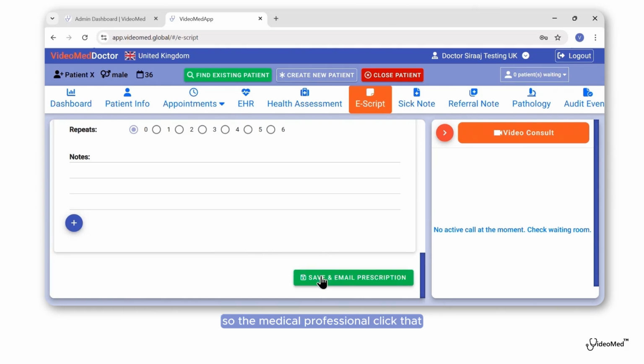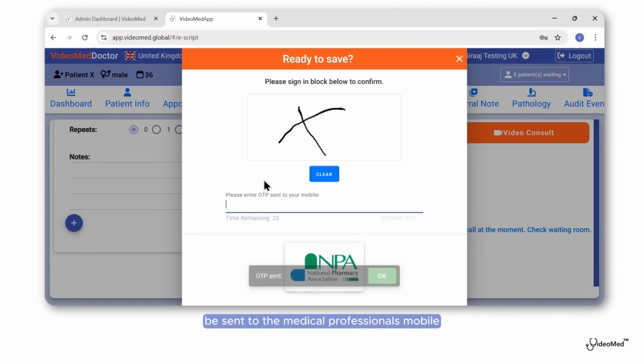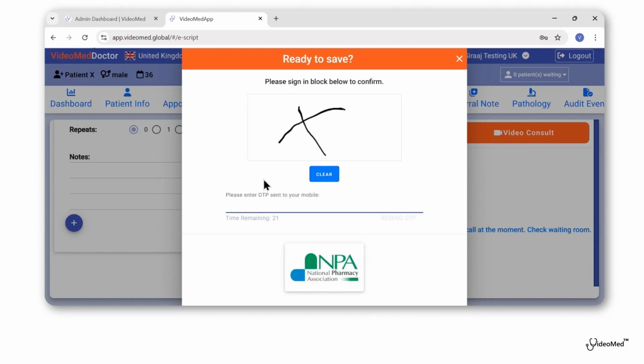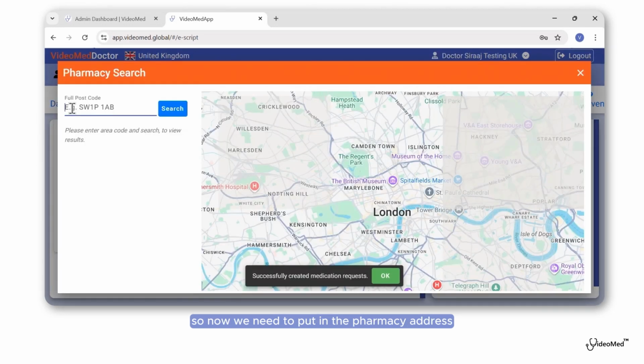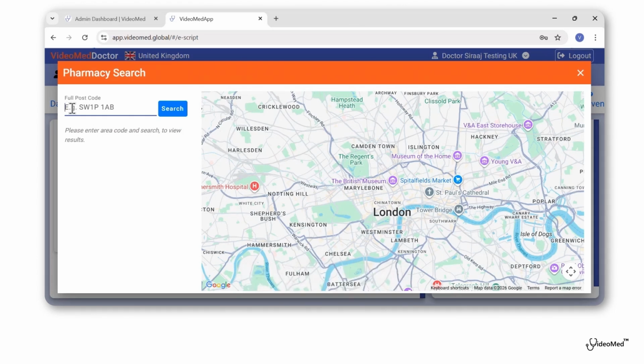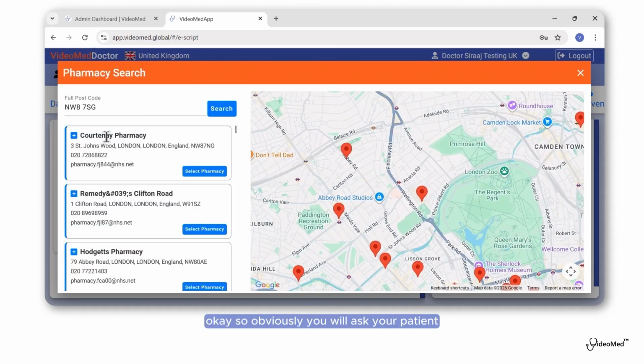So the medical professional will click that, and the medical professional needs to sign over here. Okay, and then an OTP will be sent to the medical professional's mobile, and they need to enter that OTP. And then once the OTP is entered, we need to click NPA. Okay, so now we need to put in the pharmacy address. So let's get that. Okay, so obviously you will ask your patient what pharmacy they would like the script to be sent to, and whatever